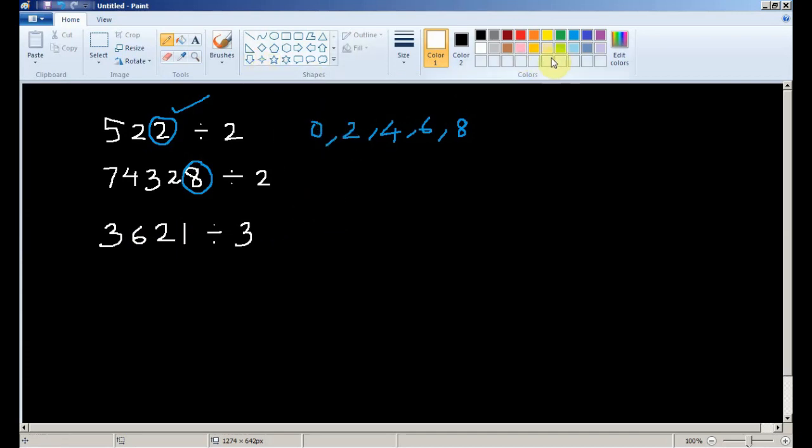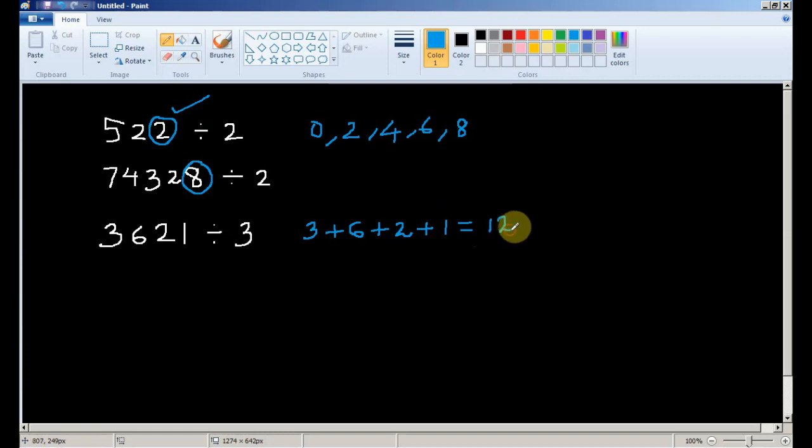You have to take the sum of all the digits. For this number, pick up 3, then 6, then add 2, plus 1 equals, let's see how much it is. 3 plus 6 is 9, 9 plus 2 is 11, 11 plus 1 is 12.